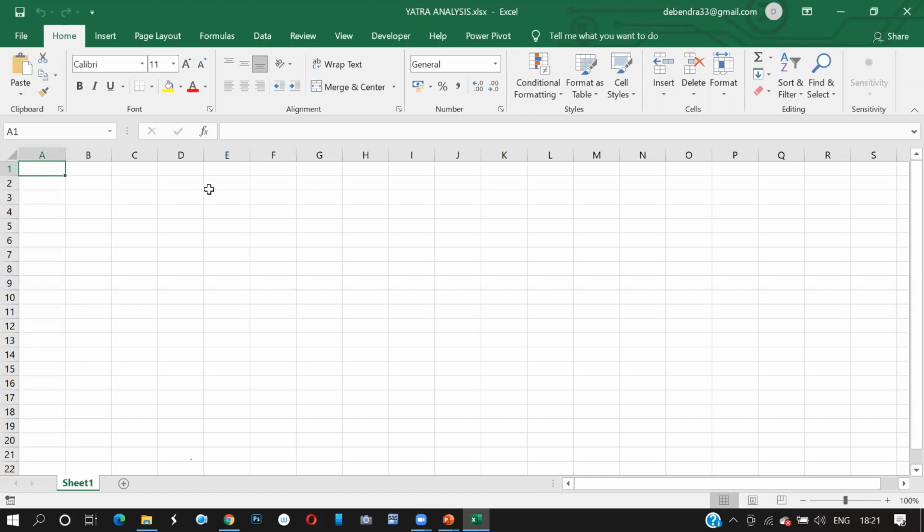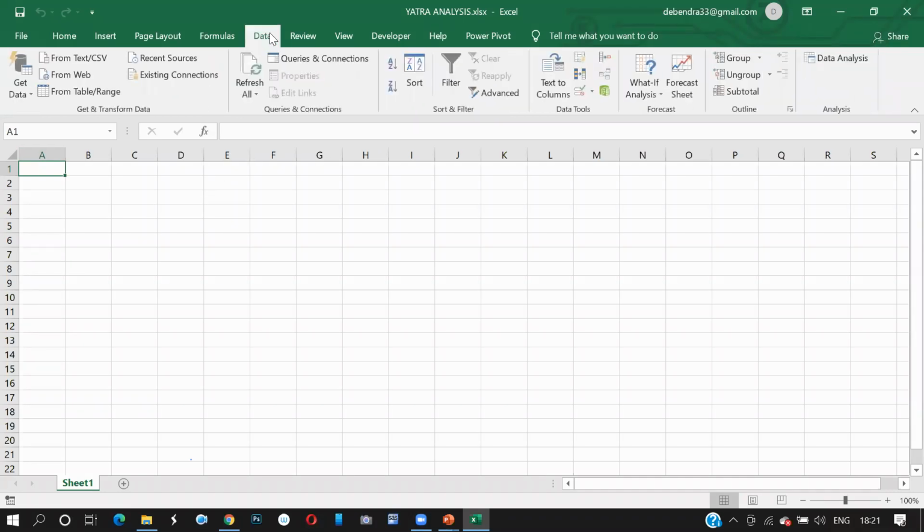Now the question comes, how will we get those values? Let's understand how to get this data into the Excel environment. I'll teach you each and every process and give a small demo to open up your mind, guys. Now I have to get data. So I go to the Data tab, choose Get and Transform Data, and go to Get Data.